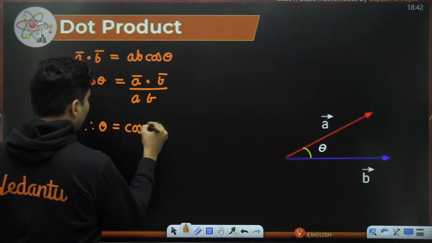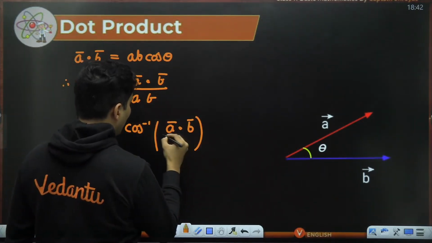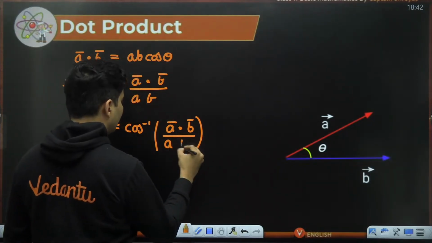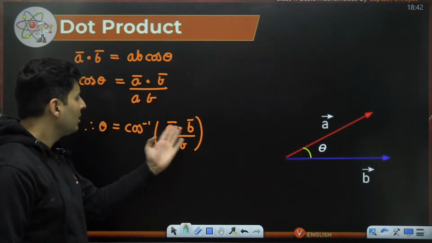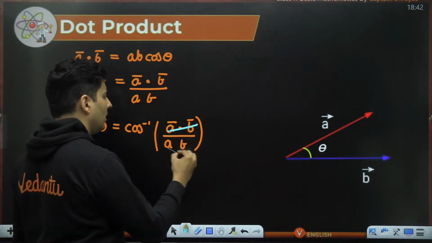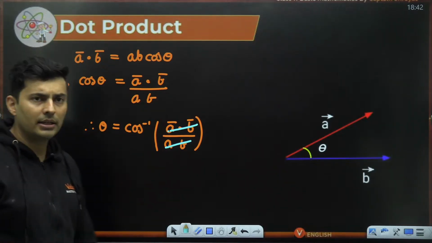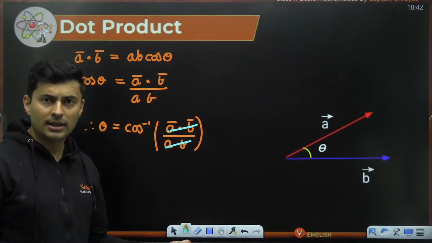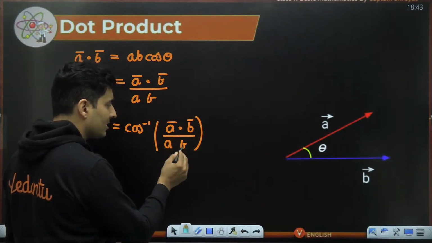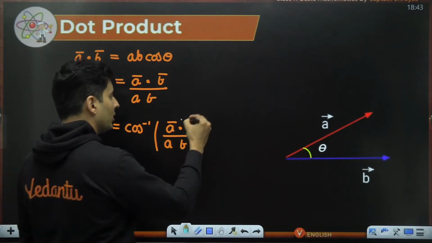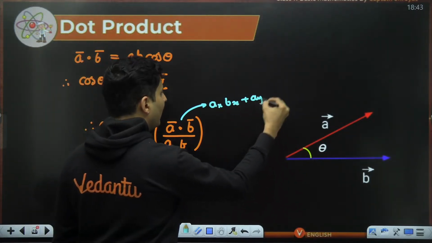Theta is cos inverse. You first find A dot B separately, and in the bottom you multiply the magnitudes of A and B. So understand the difference. A lot of people say, sir, AB and AB will cancel, sir, cos inverse of 1, sir. Cos inverse of 1 is 90 degree, 0 degree, sir. Is that the answer? No, no, no, you cannot do that. See, this is dot product of vectors. This is just simple multiplication of scalars. So on the top, this is nothing but like saying AX BX plus AY BY